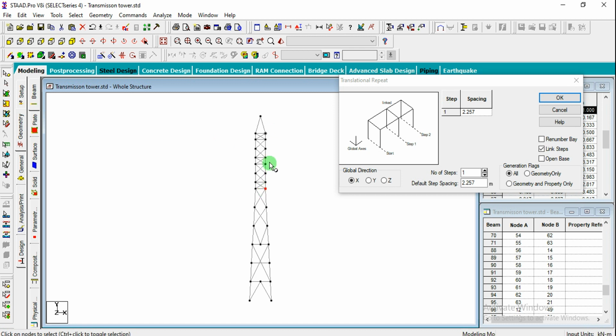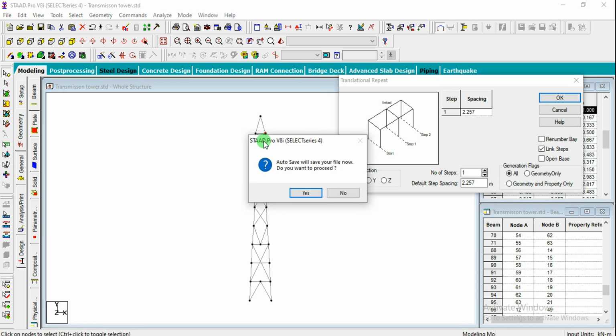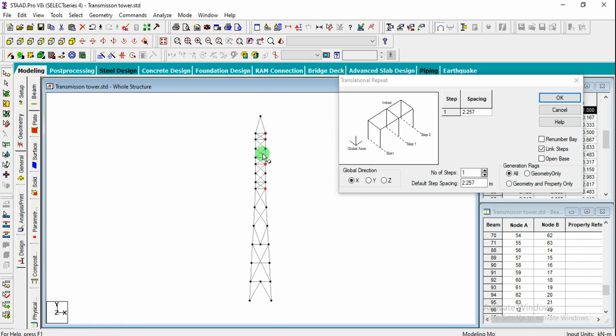So first set of nodes, second set of nodes, and third set of nodes. Otherwise we'll do individually. So x direction 2.257 meters and OK.